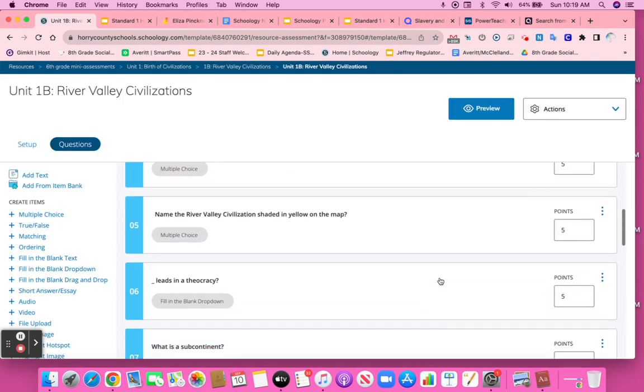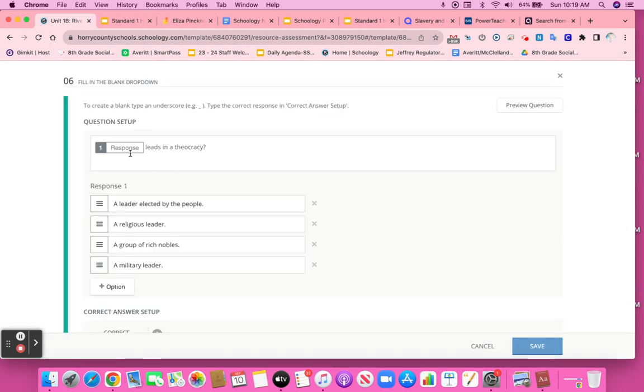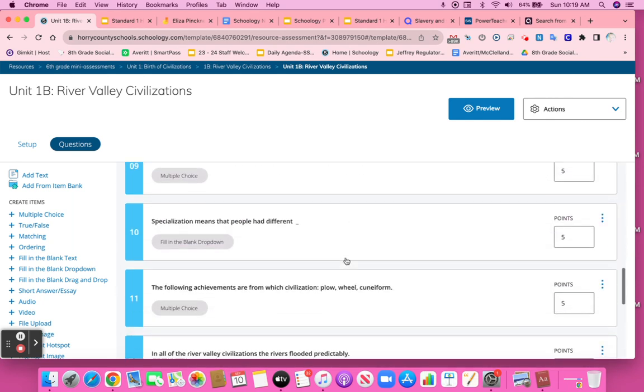And let me see if I can show you. Here's a drop down one where they have to choose. So blank leads a theocracy. Who's the type of person? So they just pick the correct one. Some other examples are